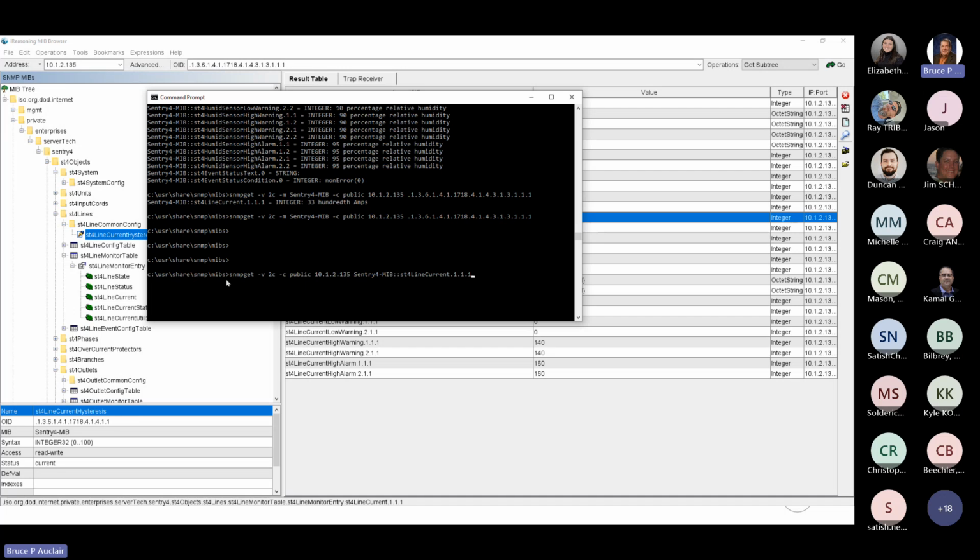So rather than specifying the entire OID in a digits-based format, I can use the actual monitor table, the ST4 line current object by name, and then we see at the end of the string the 3 digits that are the indexes. And if we jump back and look at the OID tree,